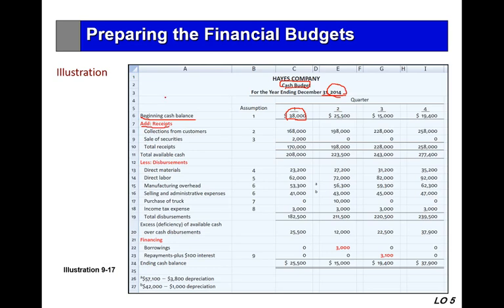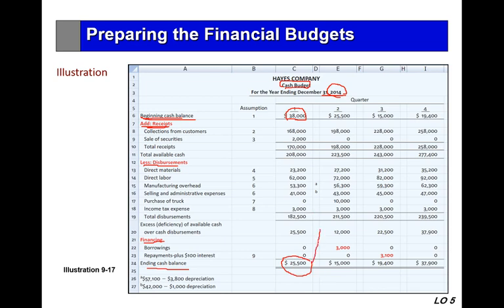cash budget. Cash budgets are prepared on a cash basis. Then every amount here must be either collected or expected to be collected or expected to be paid in 2014, which is assumed to be the next period. Then we have the components of the cash budget: beginning cash balance, add receipts, disbursements or payments, and financing. Then ending cash balance. Here we note that the ending cash balance for